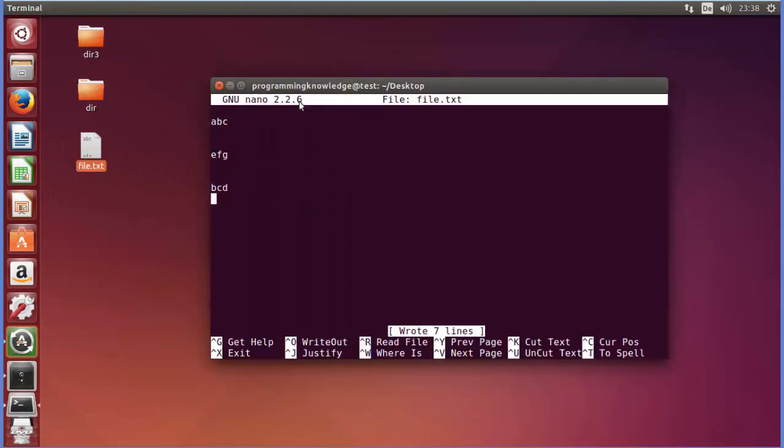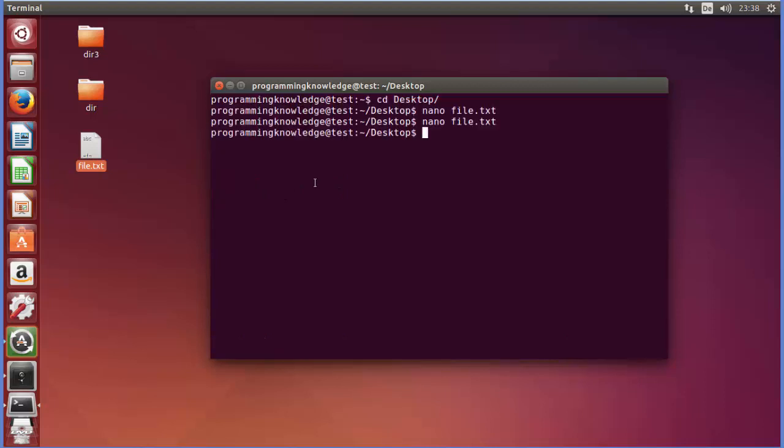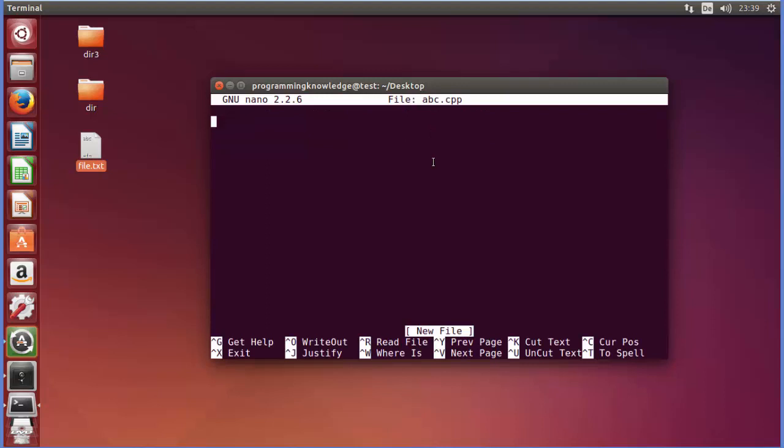Okay, so nano can be used to create different kinds of files, and for example, I will just exit from this nano command, and I want to create a C++ file. So I will just press nano, and I will just say abc.cpp for the C++ file, right? CPP is the extension of a C++ file. And when I press enter, in here, for example, I want to write some code, so I will just write